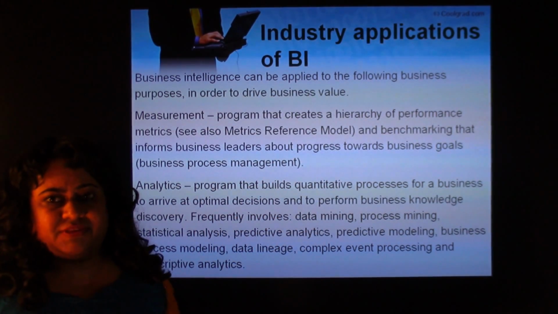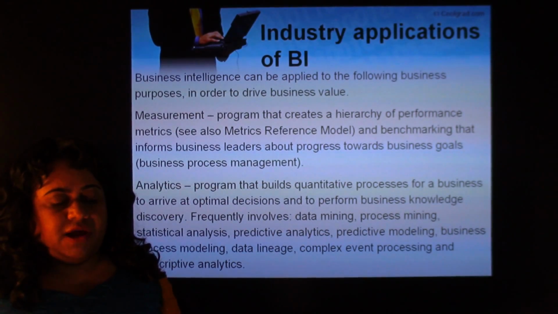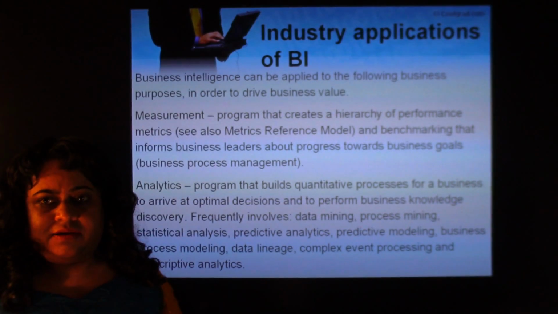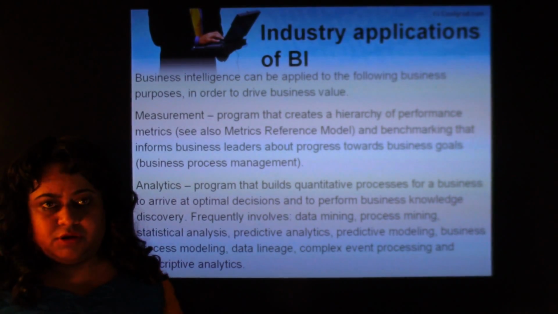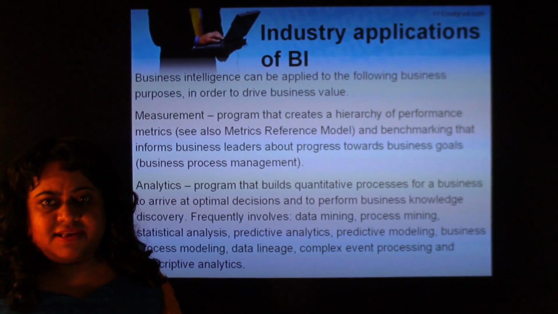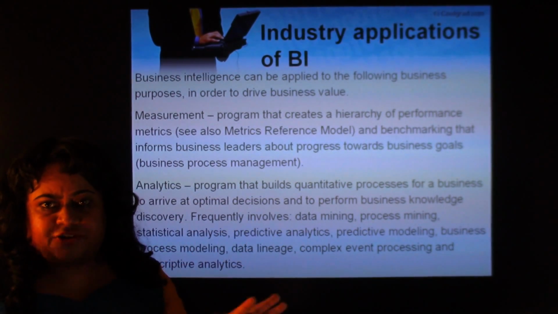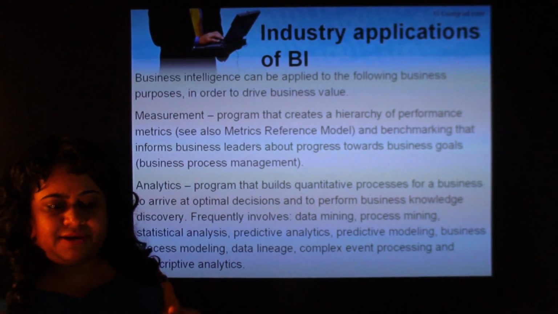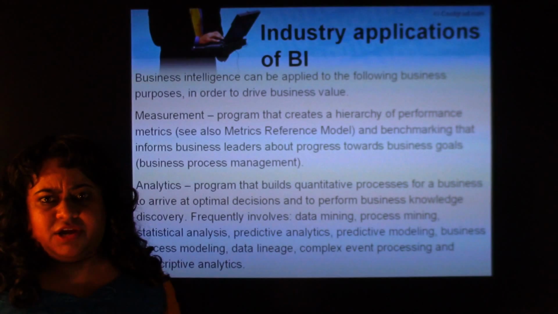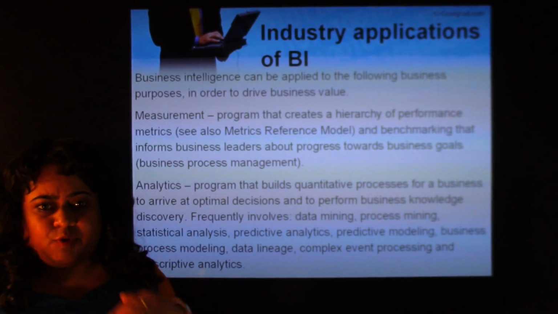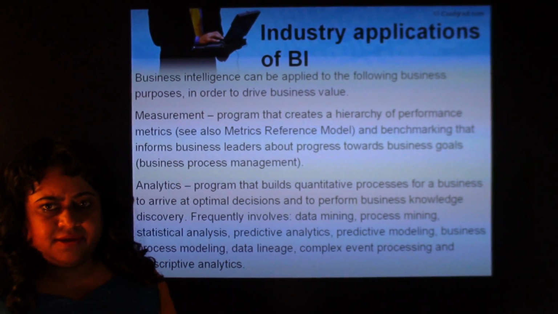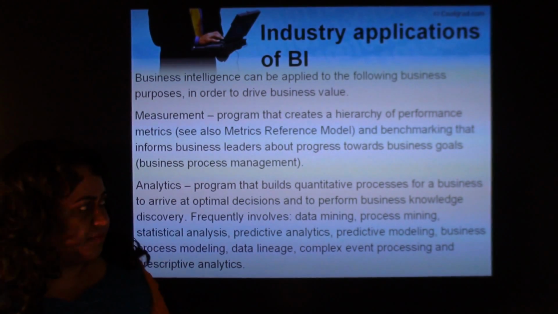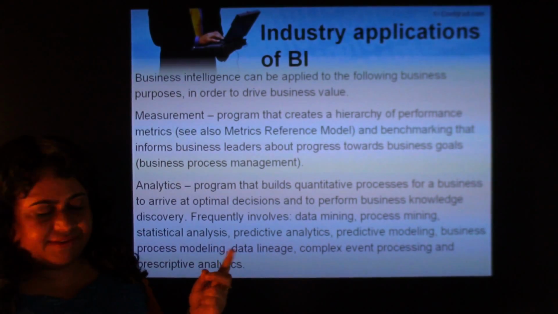So the organization has these business goals. Let's say the VP of sales says, I want to set up branch offices in 3 states, say Arizona and Washington and Florida, and there's one of course in Massachusetts, so 4 different offices, and we want to allot them to different territories in the US, and we want to see how these territories progress, how the sales are doing, and we want to get a revenue of say $10 million in 2 years. We have to have a plan and monitor our progress periodically by benchmarking. So we have to make predictions about whether they're on the right track, what's right, what's not right, how to get it up to the mark. So it's about measurement of progress.